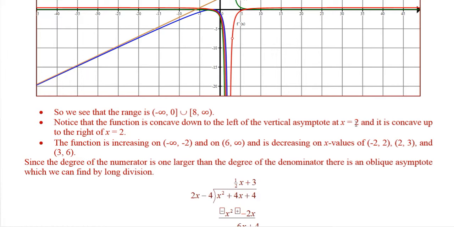And the function is increasing from negative infinity to -2, and from x going from 6 to infinity, and decreasing from -2 to 2, 2 to 3, and 3 to 6. Since the degree of the numerator is 1 larger than the degree of the denominator, we should expect it to look like a